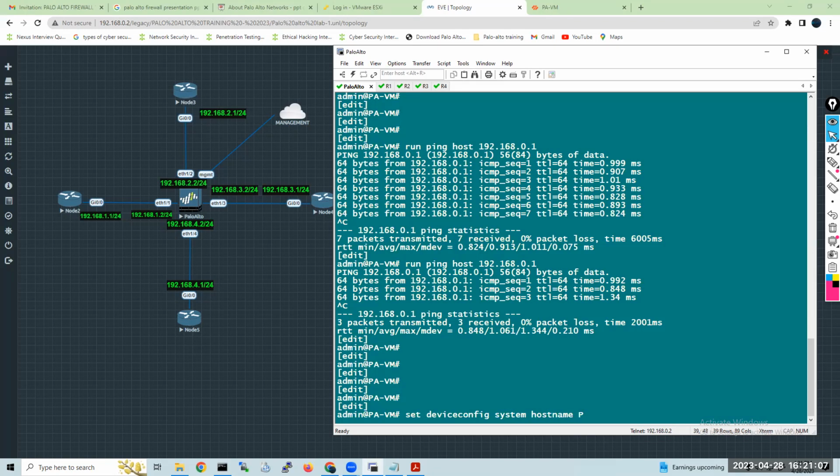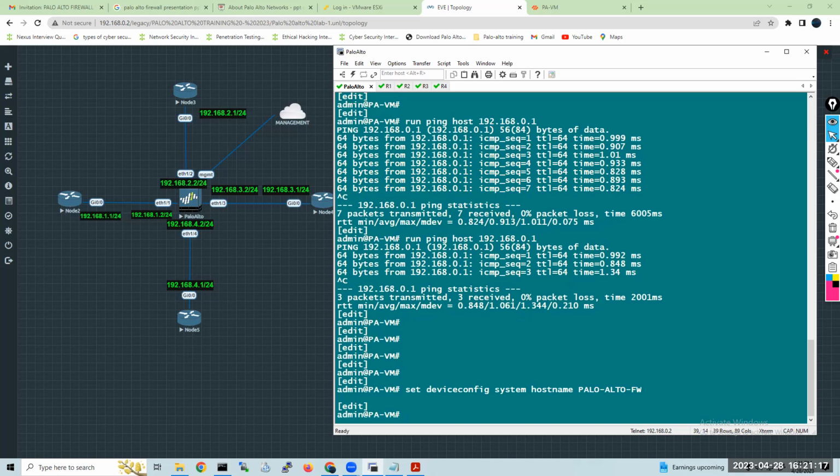We can give Palo Alto FW. Set device configuration system hostname Palo Alto FW, or else we can give any name, whichever you want.